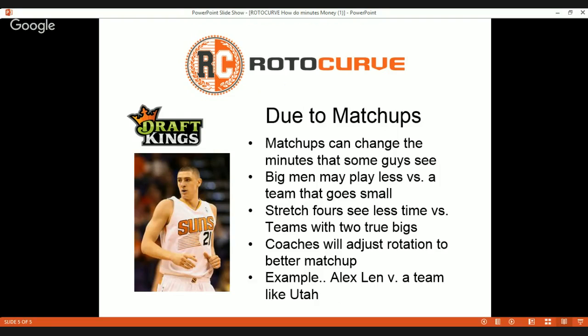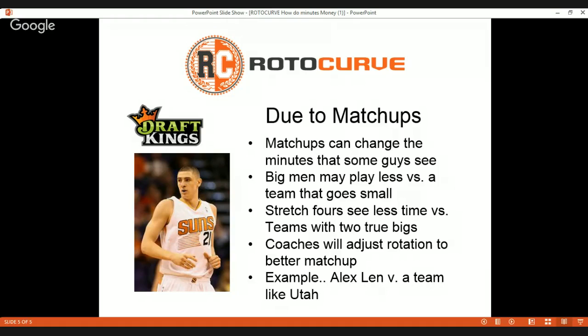They'll put Chandler on the team's true center and put a guy like Len on the power forward, which is kind of what they did against Utah. If they're going up against a Utah team that has a healthy Favors and a healthy Gobert, they're not going to be able to roll out some of the smaller guys that they roll out in that forward spot, like a Markieff Morris when they still had him at only 6'6", 6'7". When you're going up against a guy like Favors, you really need another big guy. So another 6'11", 7-footer like Alex Len is a better matchup in that situation.